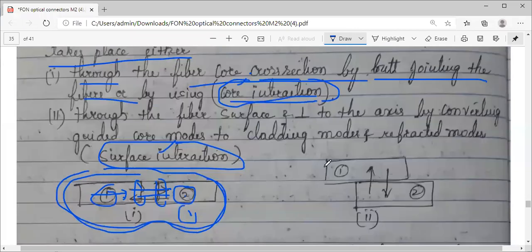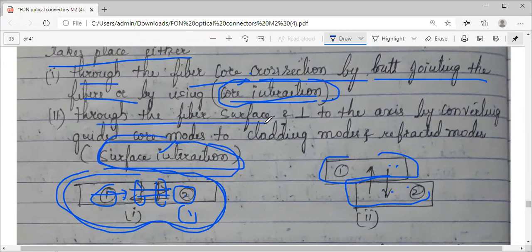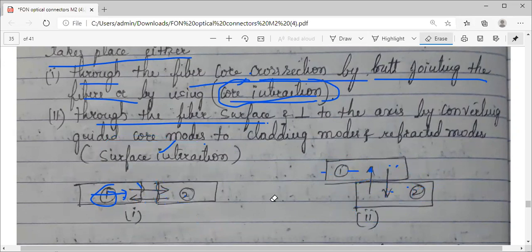Second, you can see this is one optical fiber and this is one more. Just these two are touching each other. If you take this kind of arrangement, the coupling is happening through surface interaction. You can see there is a perpendicular transfer to the axis. If the axis is horizontal, the power distribution is perpendicular. Because of this structure, we call it the surface interaction type. So there are basically two ways in which the power can be distributed: the core interaction type and the surface interaction type.